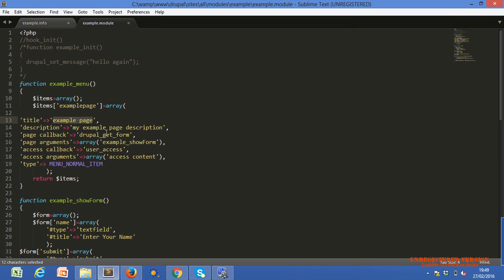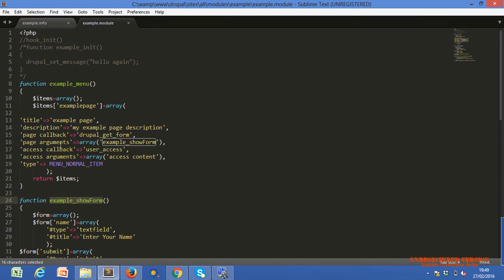Okay, page callback. This is one kind of Drupal inbuilt function. It will call a page argument. Whatever function we use within the page argument, it will call that. So we use example underscore show form, a function we have created.